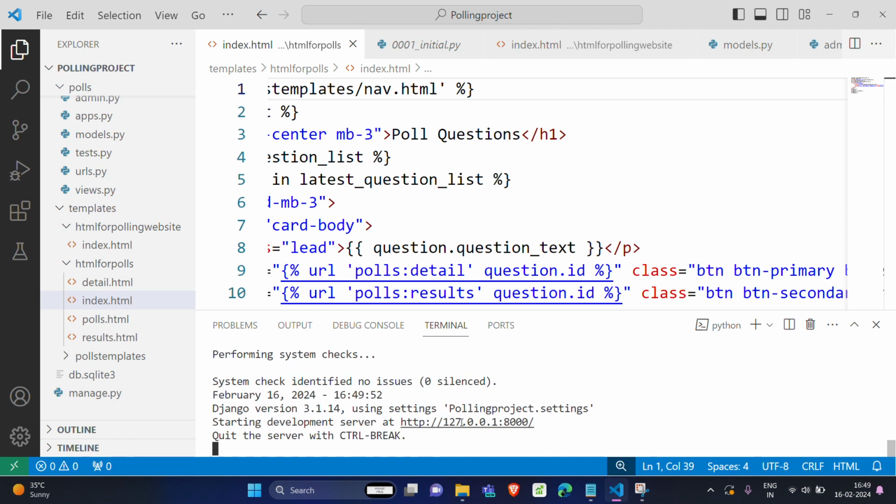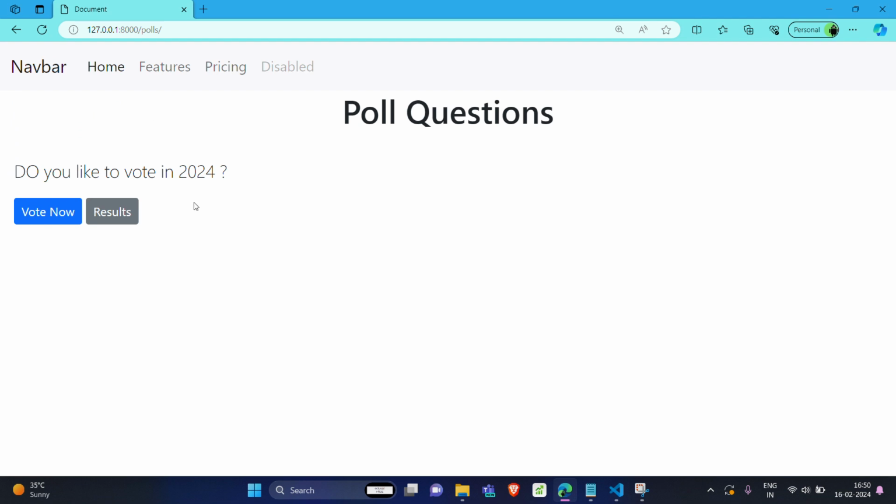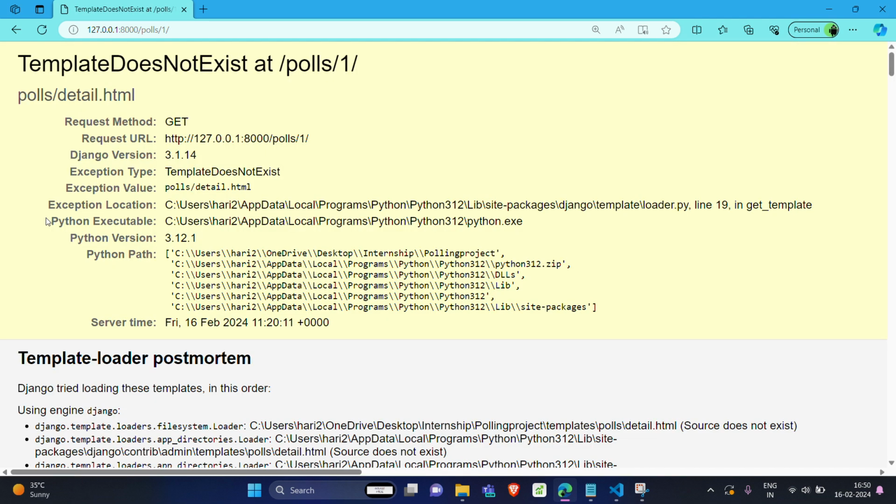Okay, very good. So again, I'll open this. See, go to polls page and I'm getting the question. So the first function is working properly. Now I want to get into the detail. For example, the person wants to vote. So I'll click on vote now, see what will happen. So again, it is ending up with some problem and it says